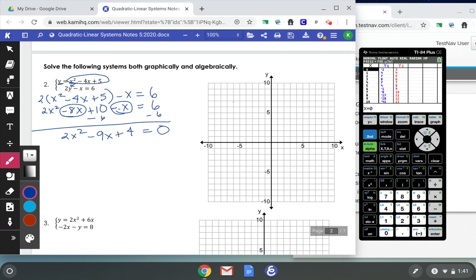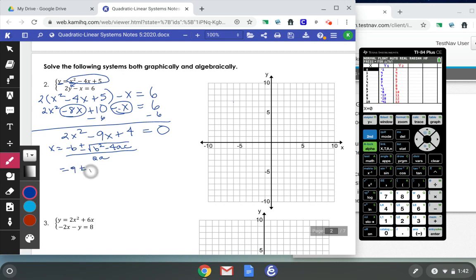Factoring, I think, is going to be a little bit difficult. Quadratic formula, why don't we do it that way? All right. So I'm going to think x equals negative b plus or minus the square root of b squared minus 4ac all over 2a. So I'm going to plug in negative b, so this is going to end up being positive